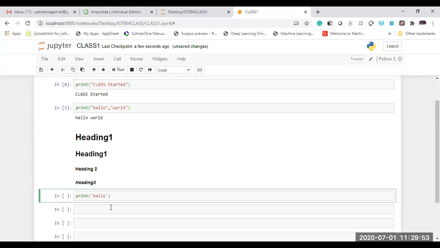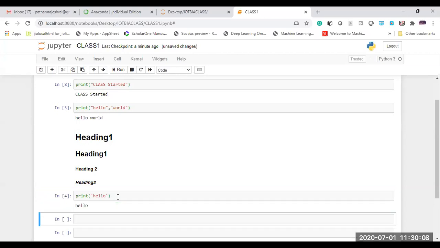For execution, you can select the run option, or if you want to execute that particular cell, you can press shift plus enter. When you press shift plus enter, it is going to run that cell.